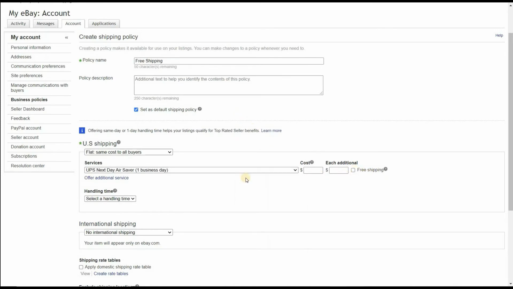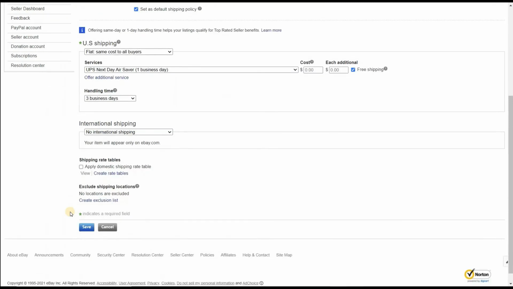Check the box for free shipping and select 3-day handling time to ensure adequate time for shipping. If you select anything less, it will hurt your seller metrics. We are not offering international shipping because we're only selling on eBay.com.